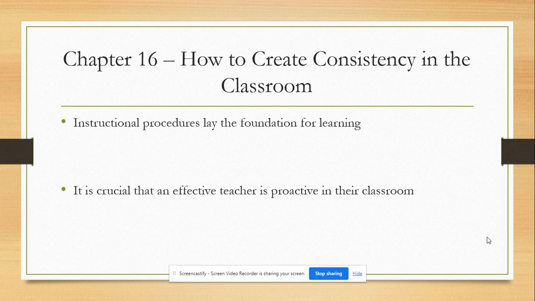80% of classroom problems are caused by a teacher not having a plan in place to prevent these problems from occurring. Ineffective teachers will spend the entire year reacting to student behaviors because they jumped too early into the content and didn't spend enough time at the beginning of the year establishing procedures. These effective teachers have procedures to assist in managing the classroom and maximizing learning time. They should be established and followed for every single aspect of learning, all the way down to passing out papers to each other to taking notes.